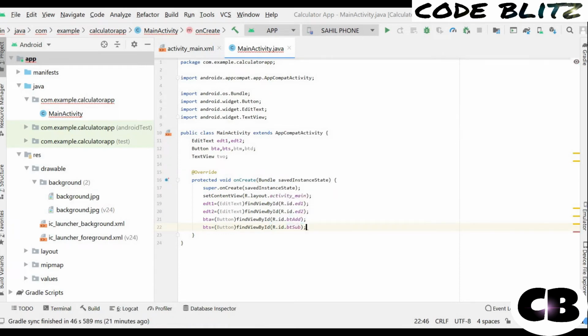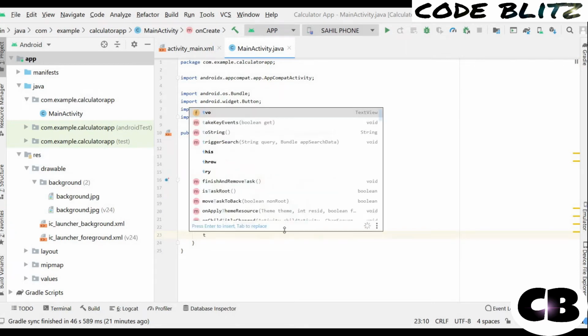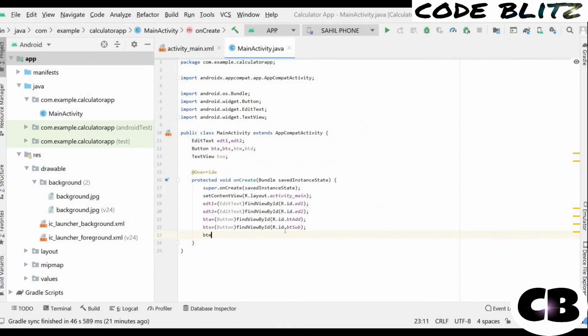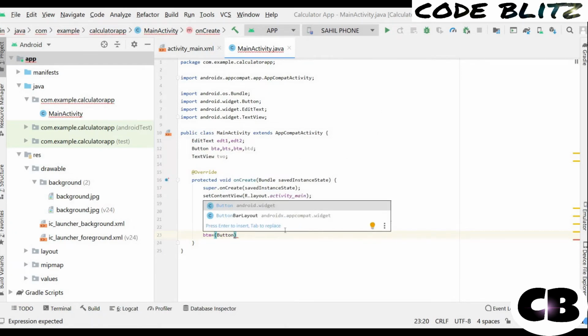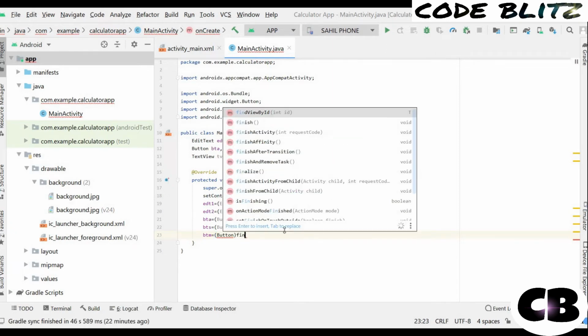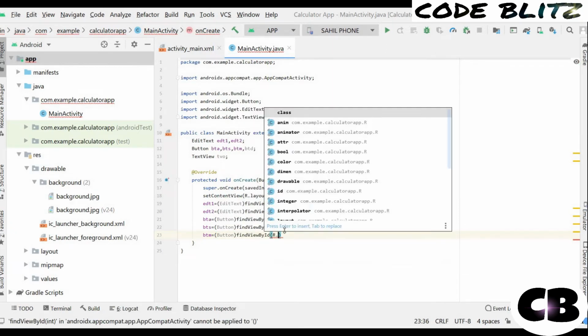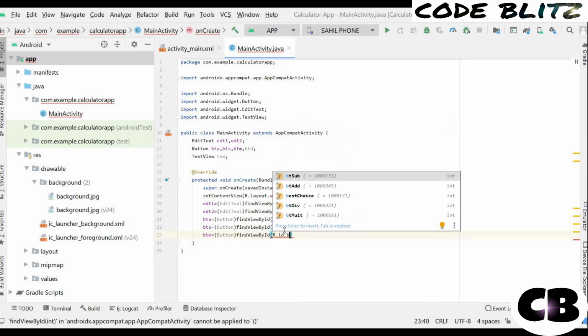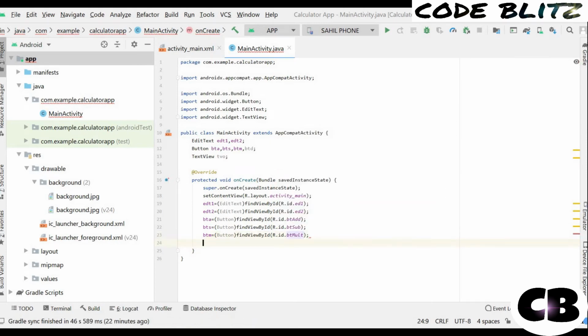Now this method makes sure that you can use your XML. It is basically linking that XML views in the Java part for the further use. So now again bt multiplication, so I have written here btm, then button, find view by id r dot id dot bt mult, then btd.